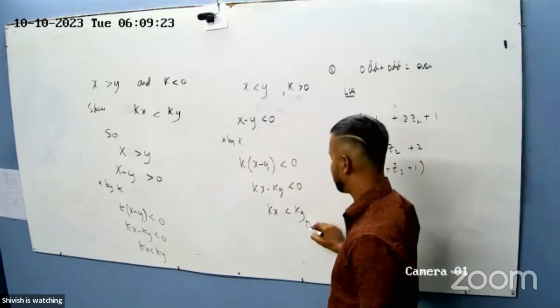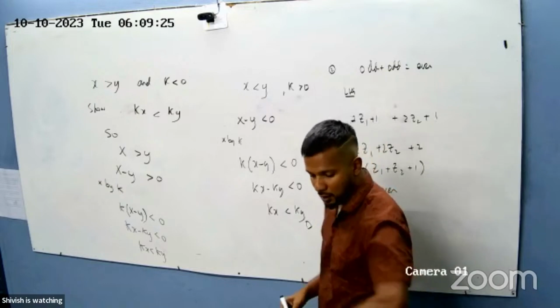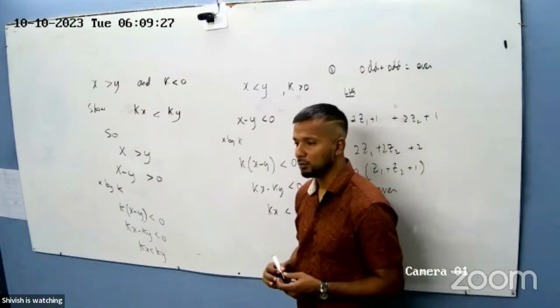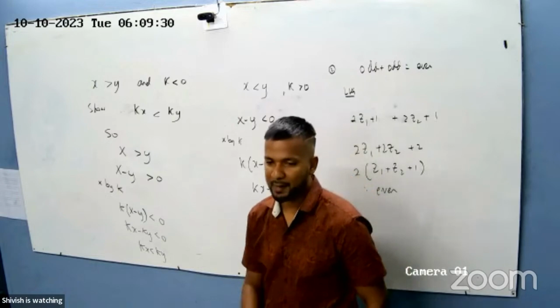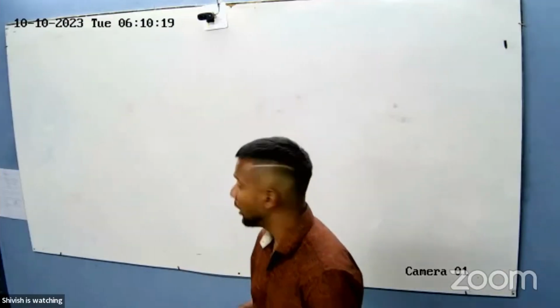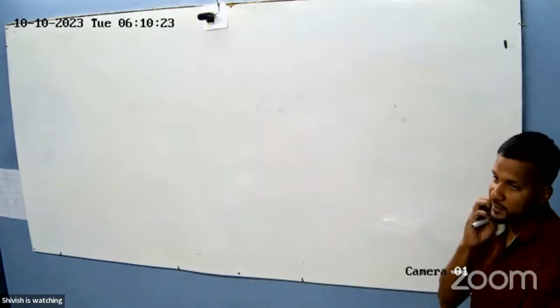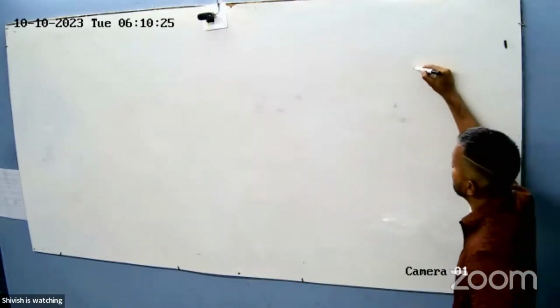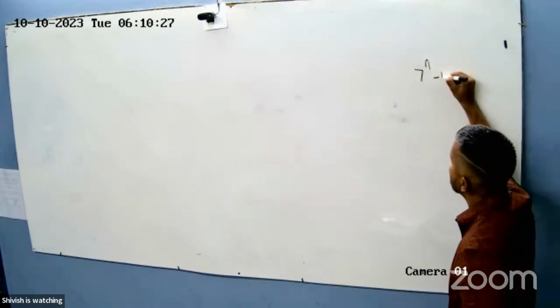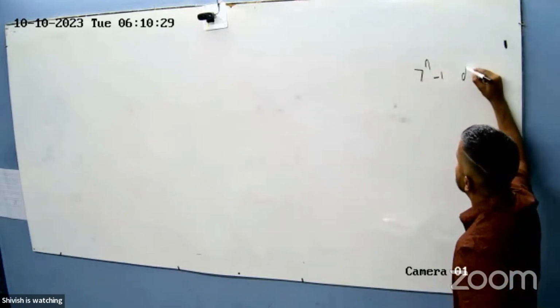Does it? Okay. I want to show you the last proof now, right? It's called proof by mathematical induction. All right. Just take a look at this here. Suppose I wanted you to show this, right? 7^n minus 1 is divisible